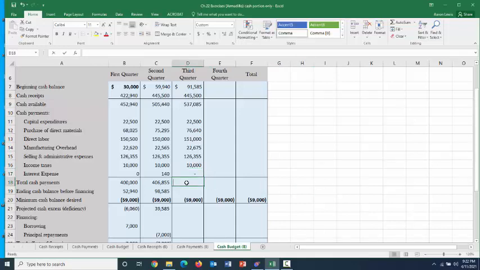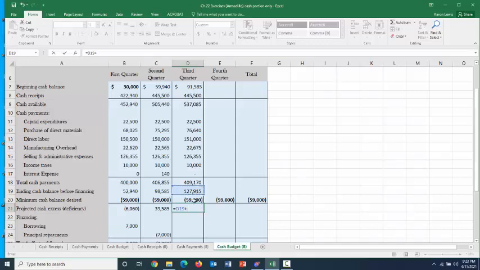And then to find our total cash payments, we just find the sum of all of our different items we're going to pay cash for, and it totals up to $409,170. So our ending cash balance before financing is going to be our cash available in the third quarter of $537,085, less the $409,170 in cash payments, and that comes out to a total of $127,950. Well, our minimum balance is $59,000, so if we take that